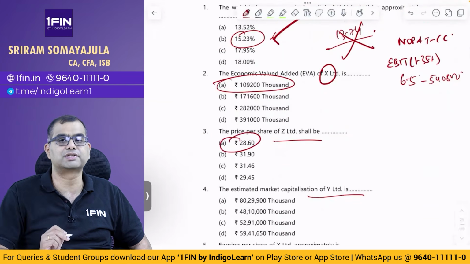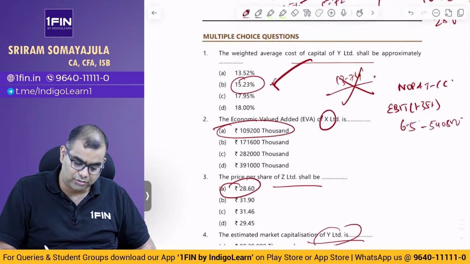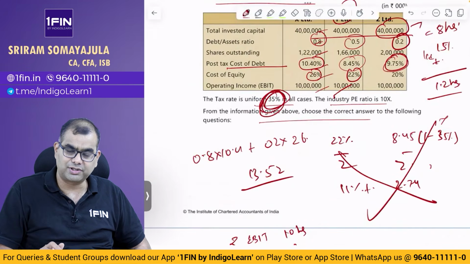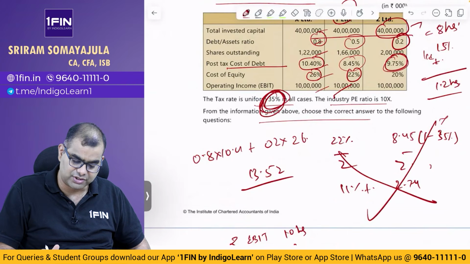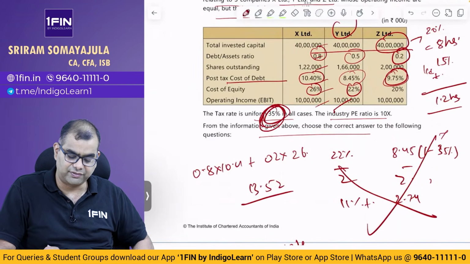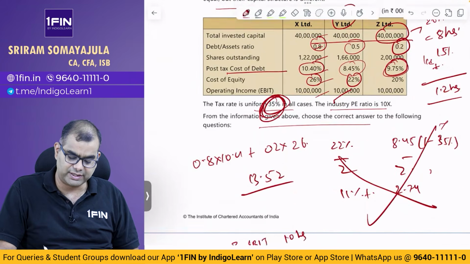Yes, 28.6. Estimated market cap of Y. How do you arrive at market cap of Y? Same logic. You have to do the price per share and then multiply with the number of shares. What is the price per share? Again, you have to do 40% of 40 lakhs, 50% is 20 lakhs. 20 lakhs is